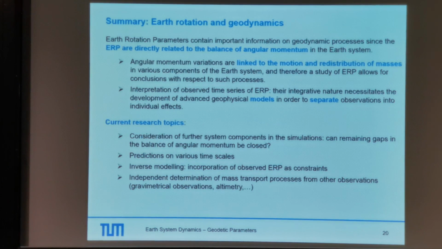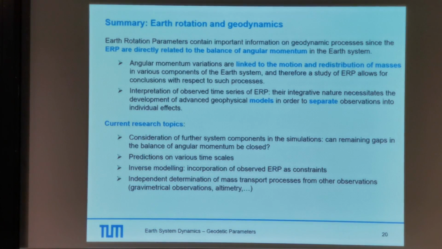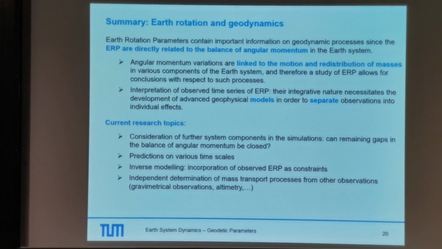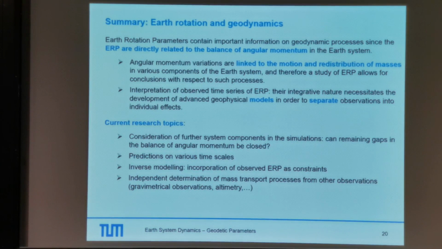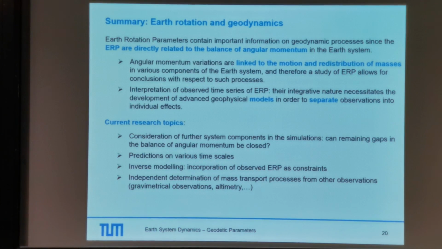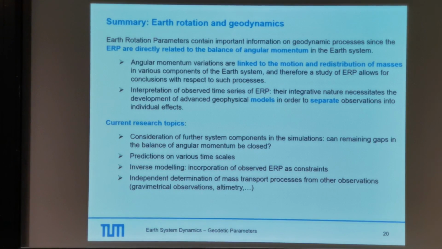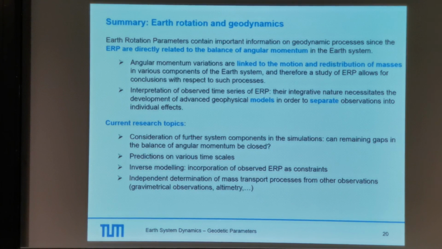We can also use the gravity field missions, since gravity field missions measure mass redistributions. This can also somehow be linked to the Earth rotation, but also satellite altimetry, because there we measure more or less the delta I. So we measure relocations of point masses within the Earth system from altimetry measurements, and all this can be incorporated into this